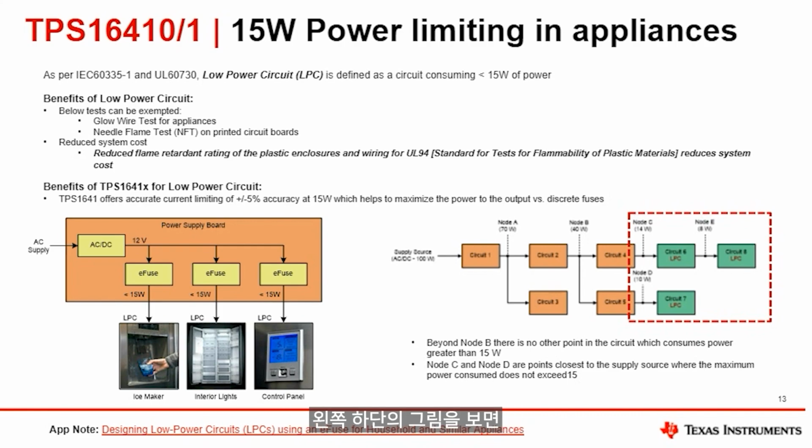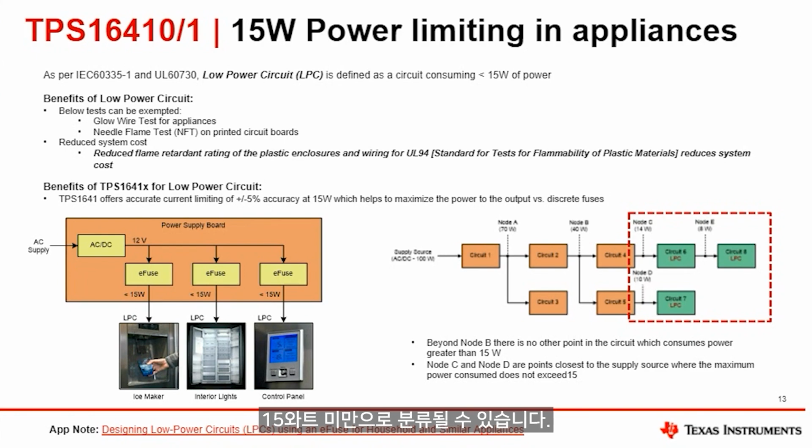So taking a look at the bottom left figure, these are some of the different applications within a refrigerator, which could be considered a low power circuit. So the first one is an ice maker. Maybe that's something that could consume less than 15 watts, or maybe interior lighting is another example, or maybe a control panel. So all three of these could be classified as less than 15 watts,